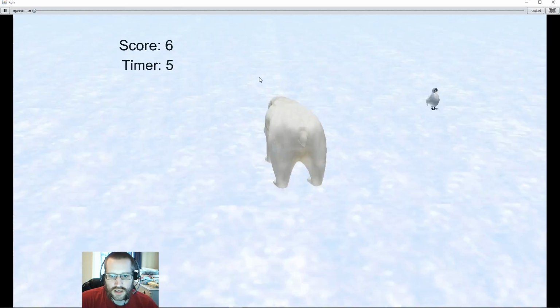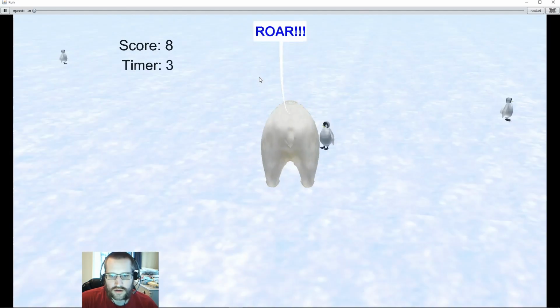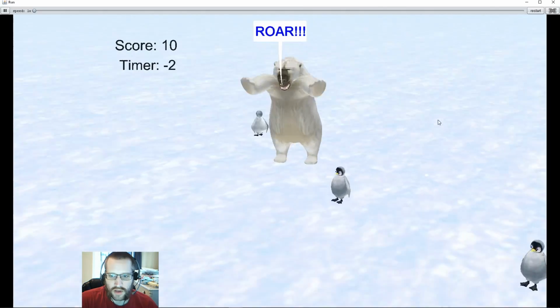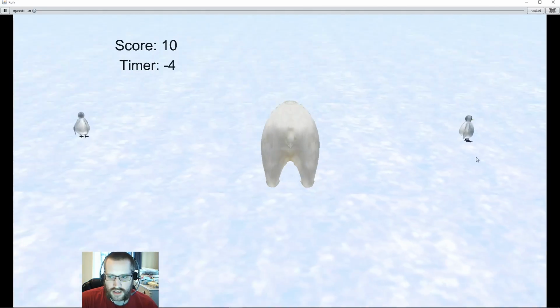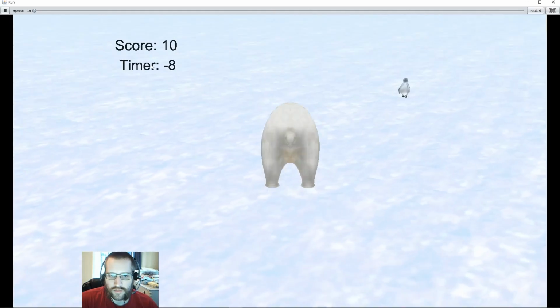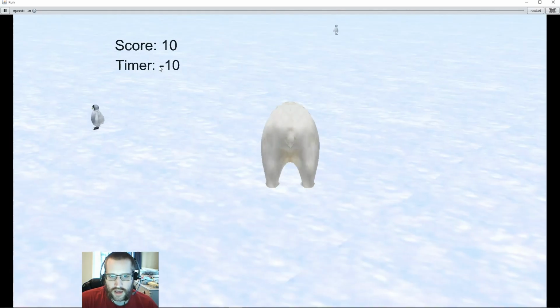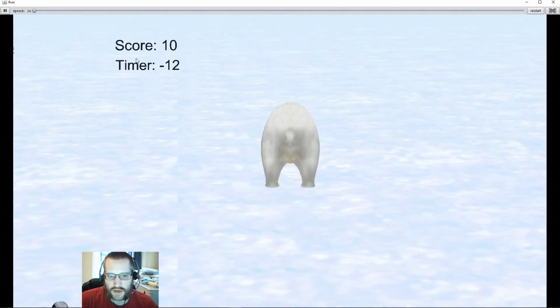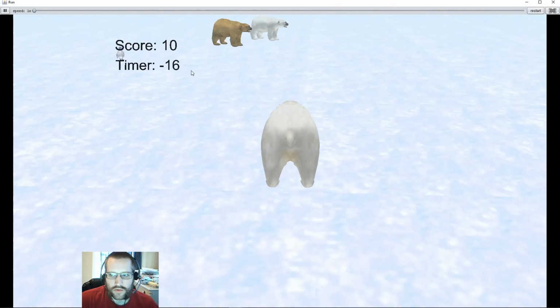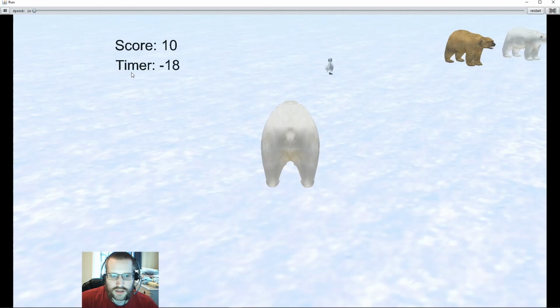And so we can see, okay, we go around. One thing we might still want to add in is the penguins waddling. Right now they just kind of slide on the ice instead of waddling a little bit. But that's okay. That's all in effect we could add in later. This timer going to -11 is not something that we want to happen. So the first thing we're going to add in today is basically an end to the game, an ending condition